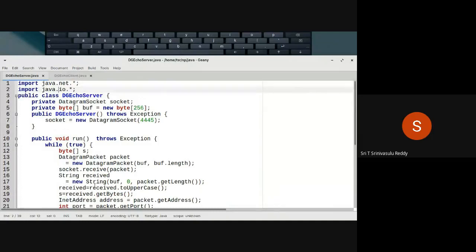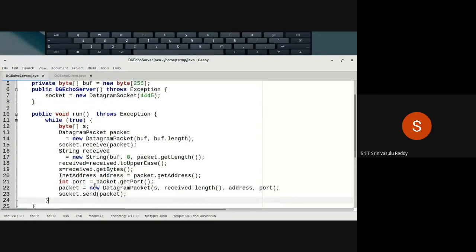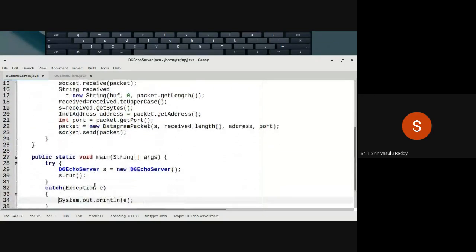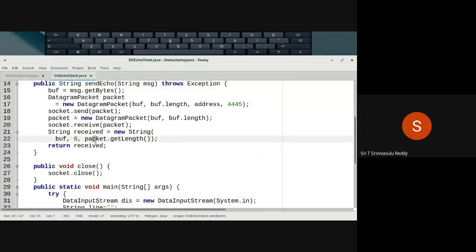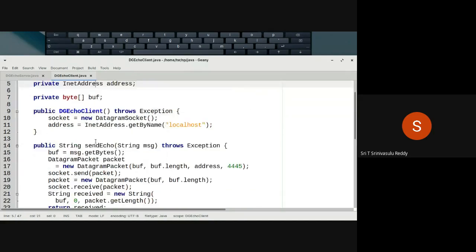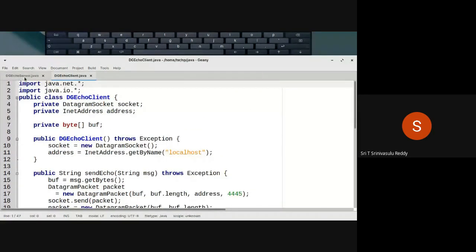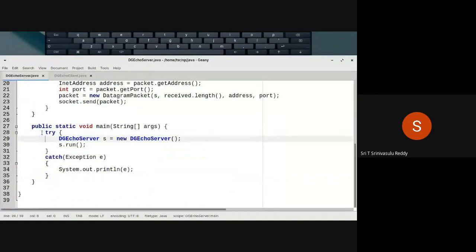Understood the program? It is a very simple, small program. Make necessary changes for your own understanding. So this is your server program. Now the client program is the other one. Here we can see that, strictly speaking, if we come back, we are